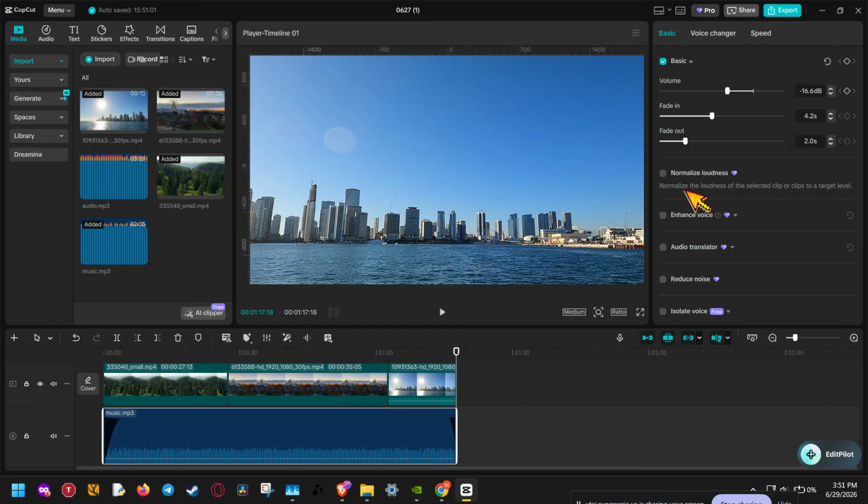A smooth fade out gives your video a more natural finish and helps avoid that abrupt audio stop that can feel jarring to viewers, and that is really all there is to it. You have now imported your video, added background music in CapCut PC, adjusted the volume, trimmed the extra length, and added a smooth fade out for a cleaner final result. Whether you use CapCut's built-in music library or your own copyright-free track, the process is straightforward once you know the